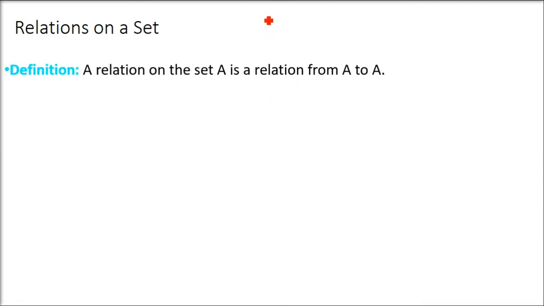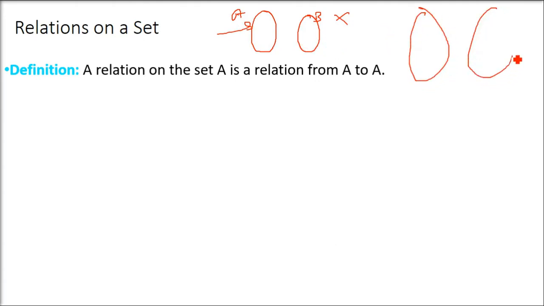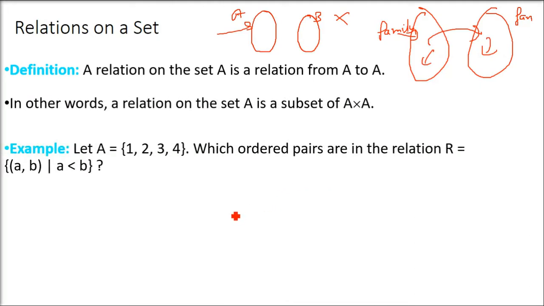So I just talked about relation. A relation is defined on A cross B. But I don't want B, because A will also have relation in between. Say a set A and a set B. We were talking about relation of A with B. But what about a relation of A with A? A family also, there are two families. One family can have brother, sister. The other set can also have brother, sister. So now I am talking about a single set and what is the relationship of this set among itself.